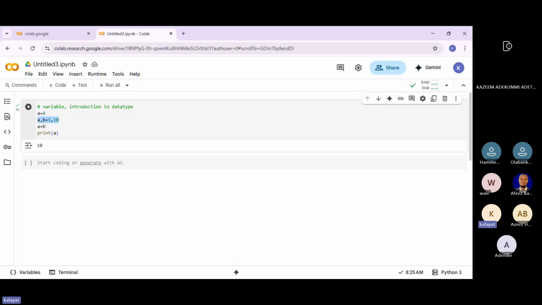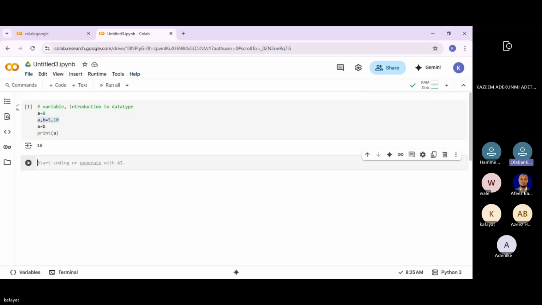When they say something is numerical, from the word itself, you know that it deals with numbers. Am I correct? Yes, you are. Data type: we have numerical, then we have categorical.